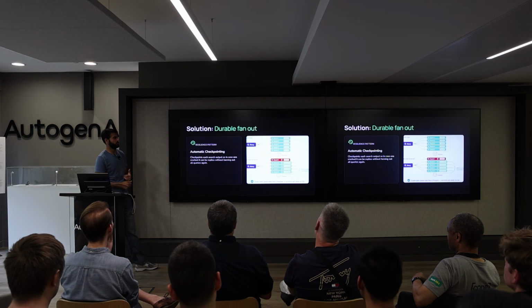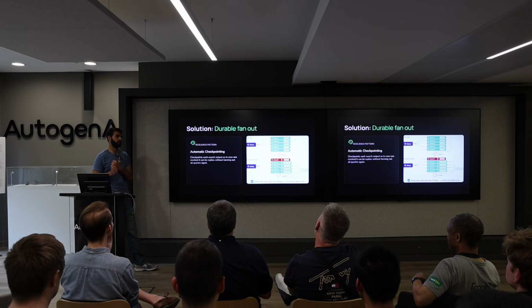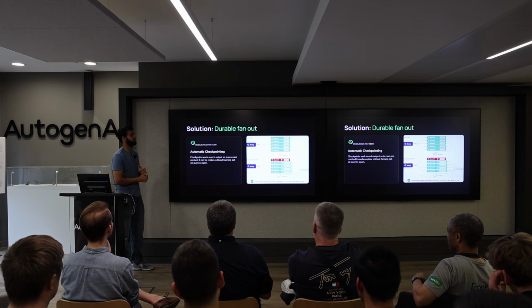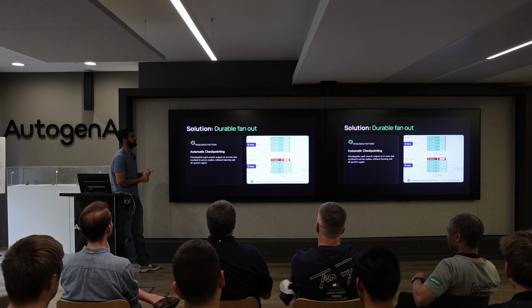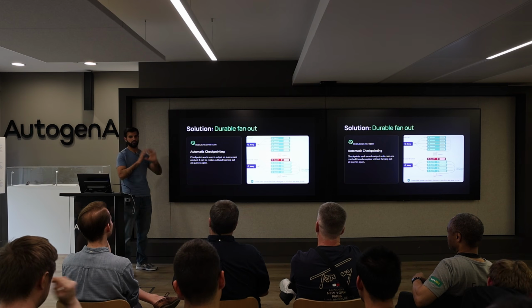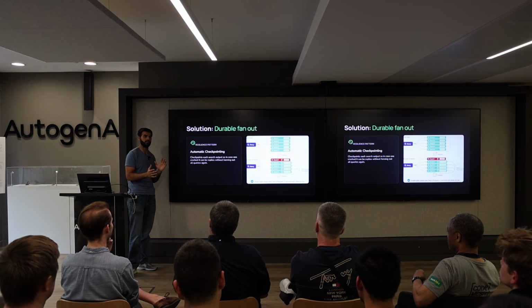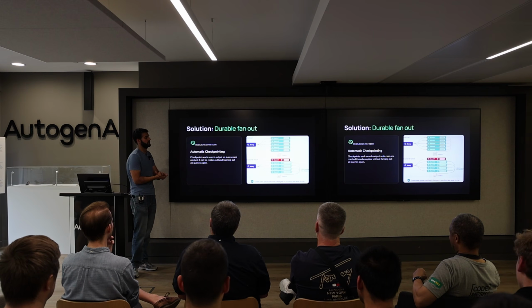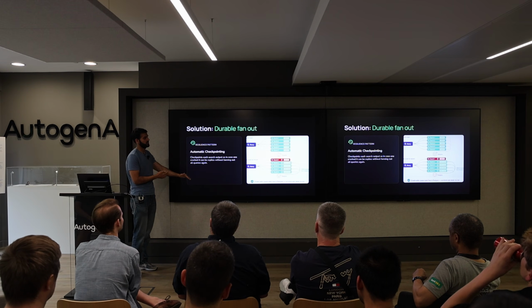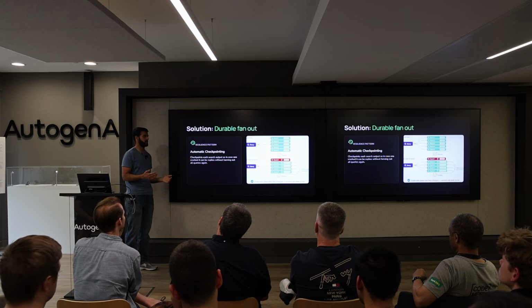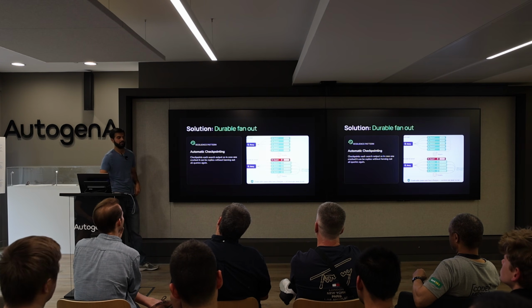You make your fan out durable, first of all, in case of failure, like we saw earlier, right? We failed one search and we could easily bring it back. So each search gets checkpointed. Each search basically becomes a workflow. That's how I configured it. Every search is a workflow. So if it fails, but some of the other paths succeeded, that's been checkpointed to the database. So when the application restarts again, you only run the ones that have failed.